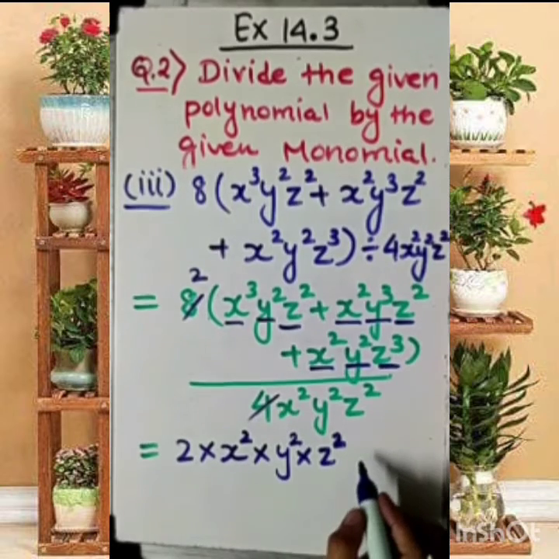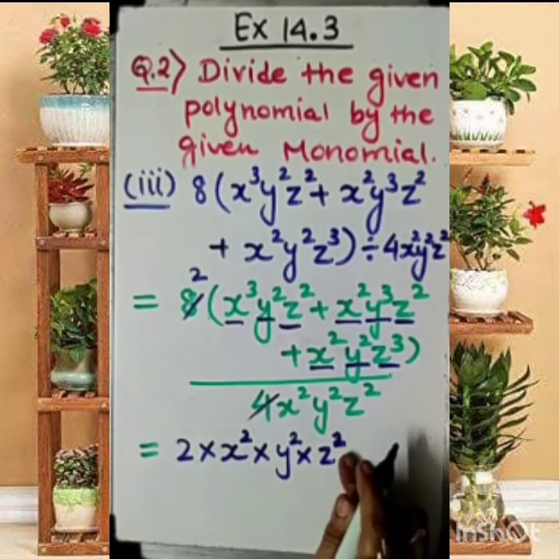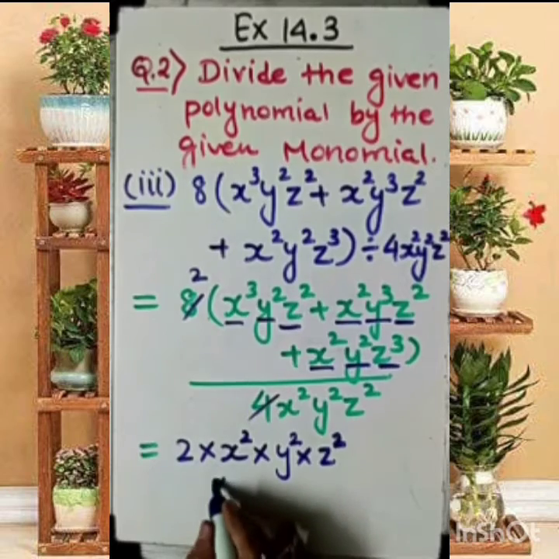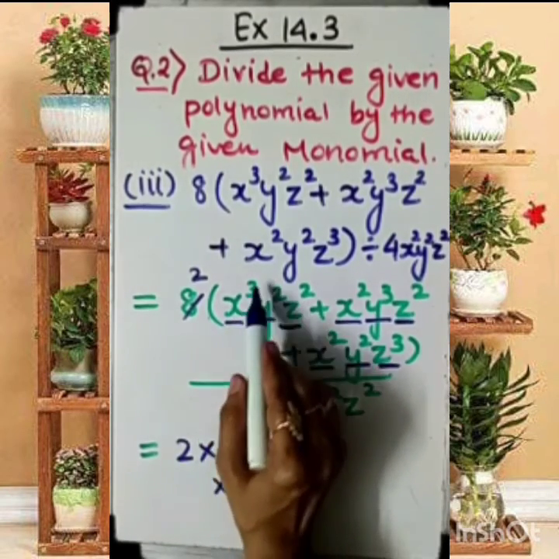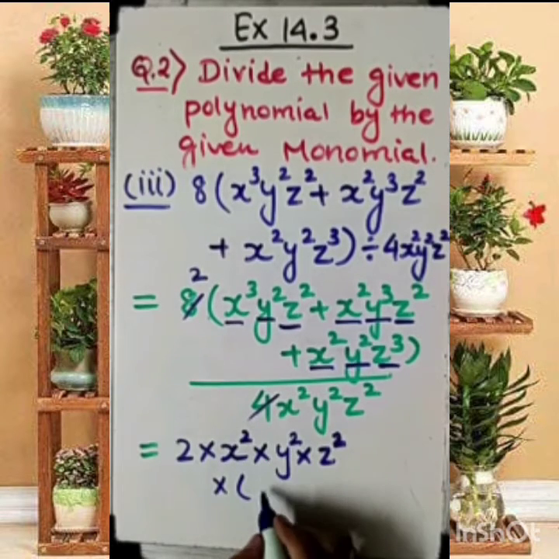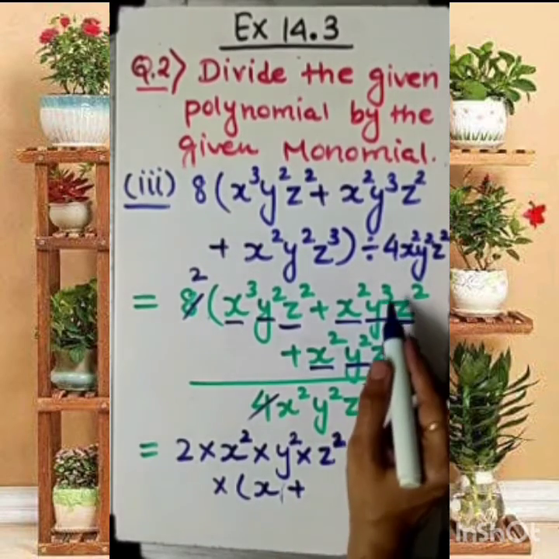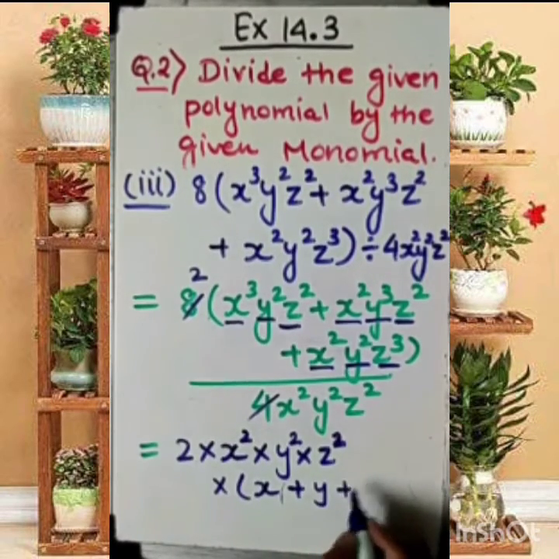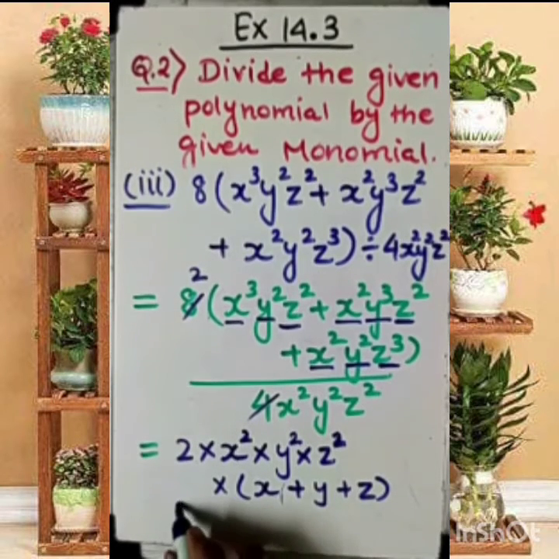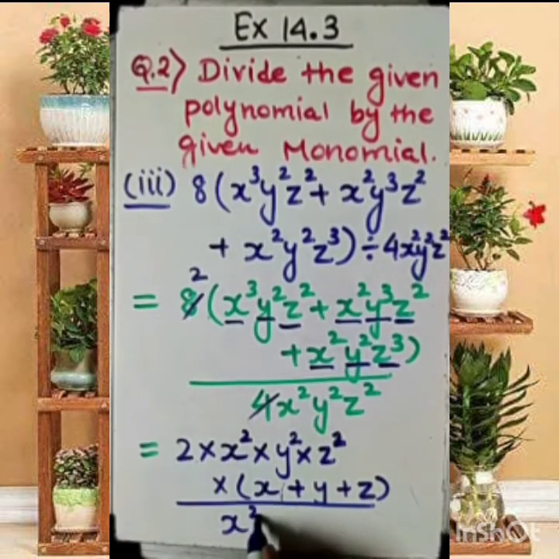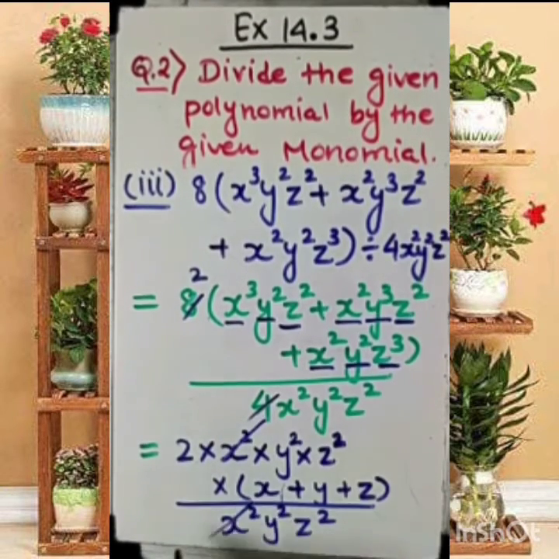So my dear student, here I need to mention into bracket what is left. Here one x is left, because x square we have taken common. Plus in the second term, y cube, y square is already outside, so one y is left, and here one z is left. In the denominator, we have x square y square z square. So this will be cancelled with this. So what is left? The answer is 2 in bracket x plus y plus z.